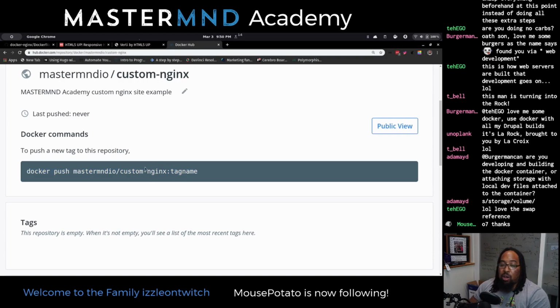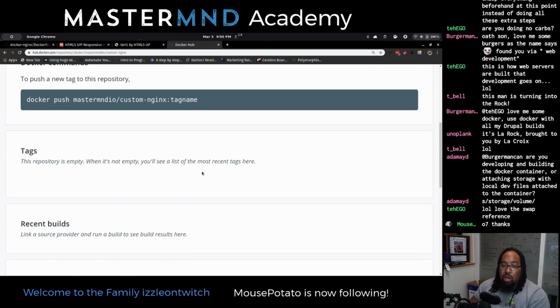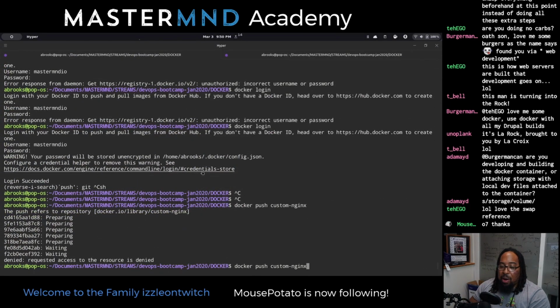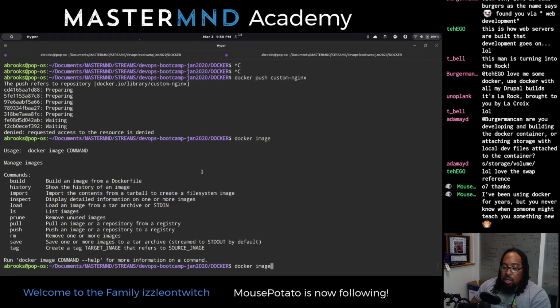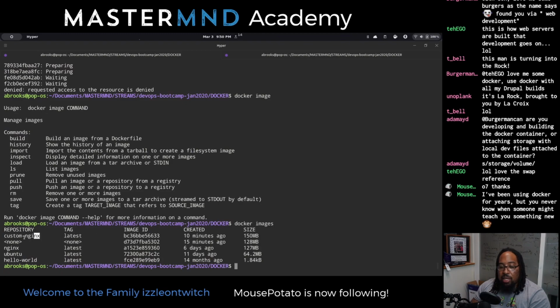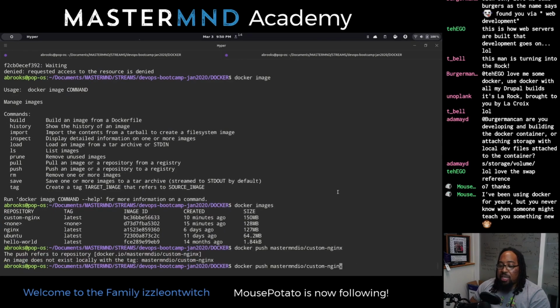Latest is what it is by default. I'll have to tag it this first, but if I do a docker images, you can see here I have custom Nginx and the tag is latest. So I can do docker push. This is going to be latest, but I have to tag it this first.